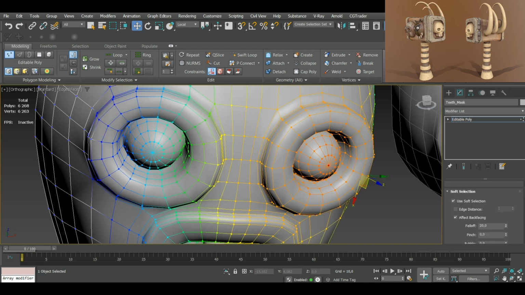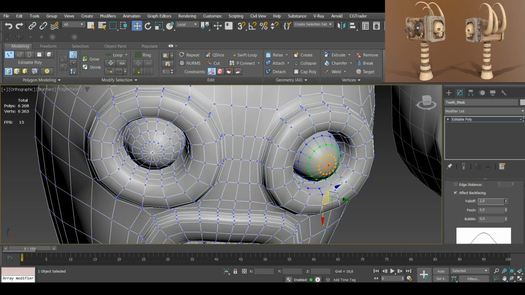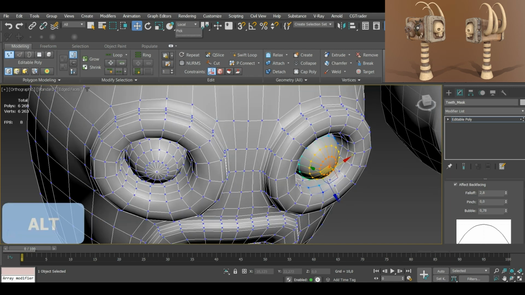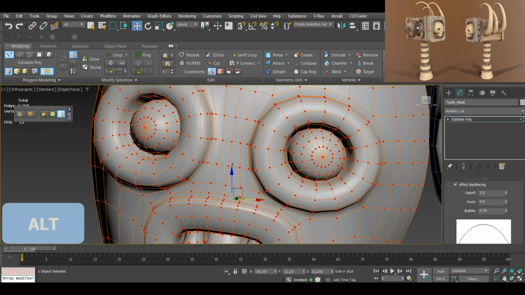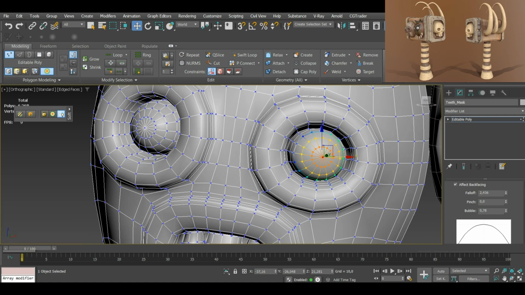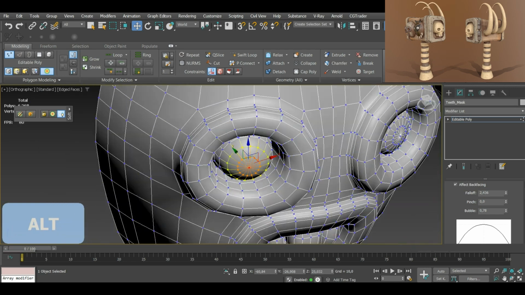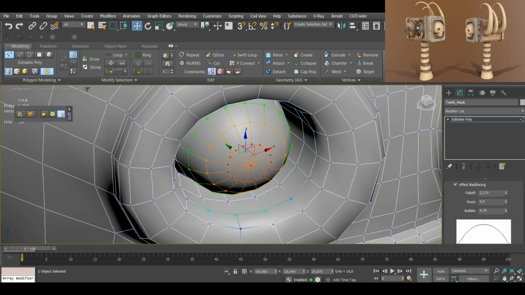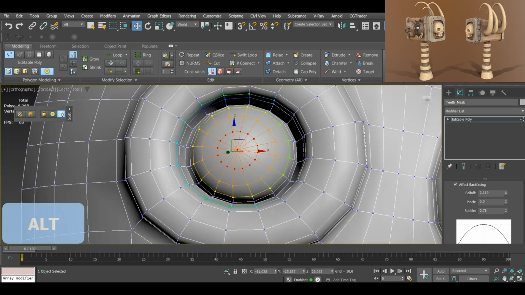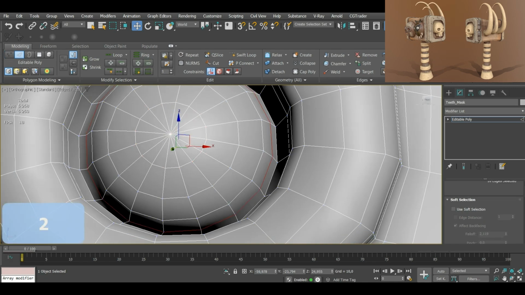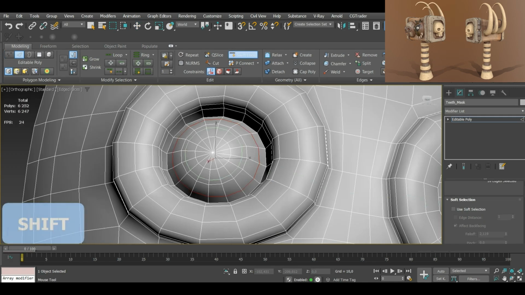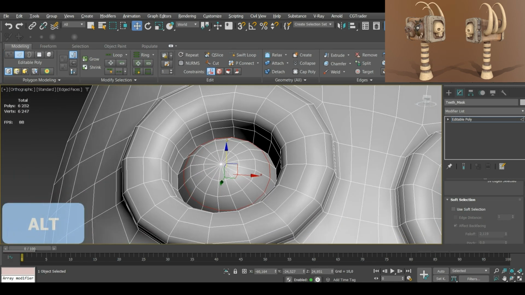I liked the eyes we've made for the third mask, but the second one seemed pretty weird to me, so I've used the soft selection tool to make eye hemispheres more flat there. Also, you can erase some edge circles and add new ones by using the Swift Loop tool while holding your Shift key. I remove some unwanted topology here and thin down the poly count just a little bit.